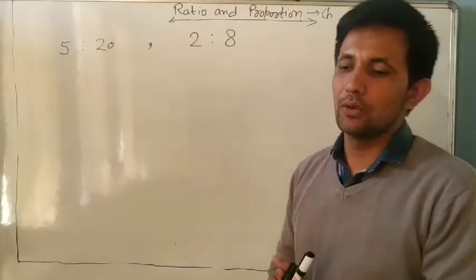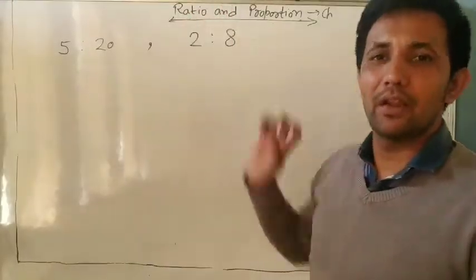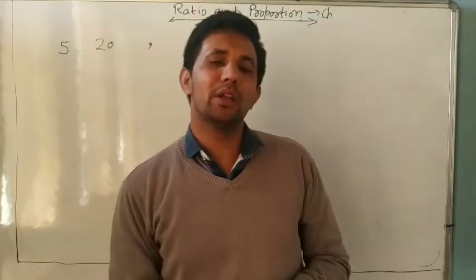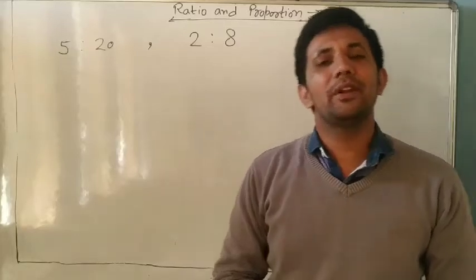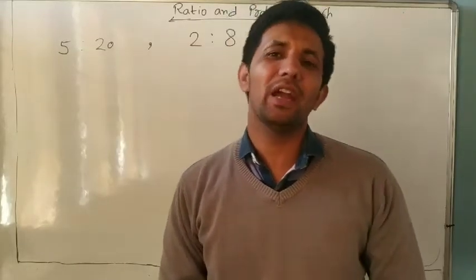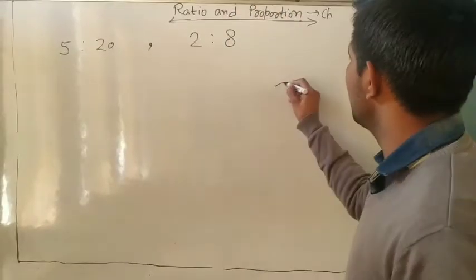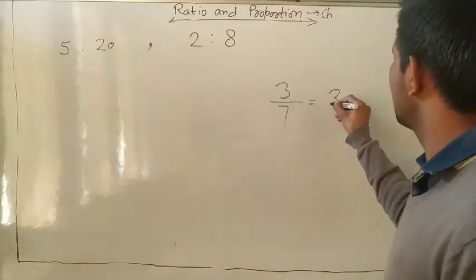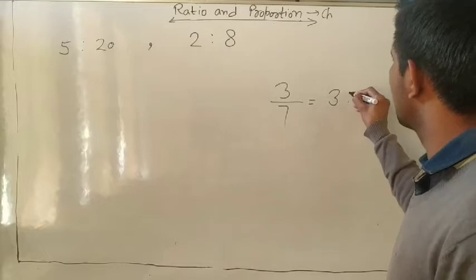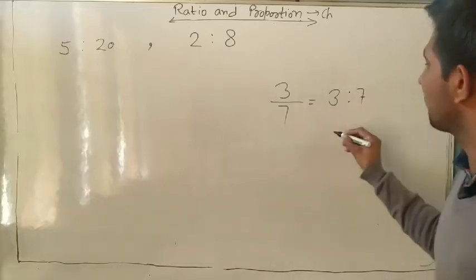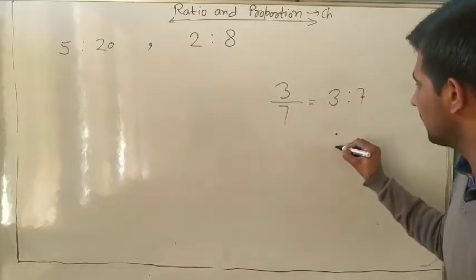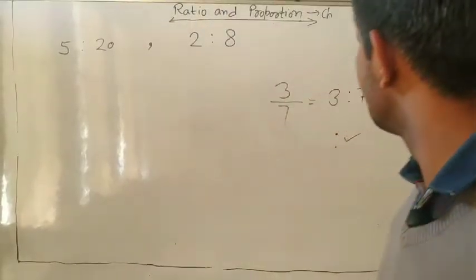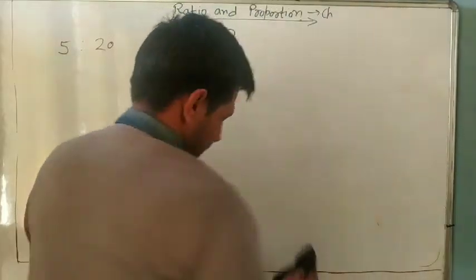In the last class, we already learned what ratios are in 12.1. Everyone knows what a ratio is. A ratio can be treated like a fraction or a division, like 3 upon 7, so we can write 3:7. A ratio is denoted by these two dots. It is the symbol of ratio.